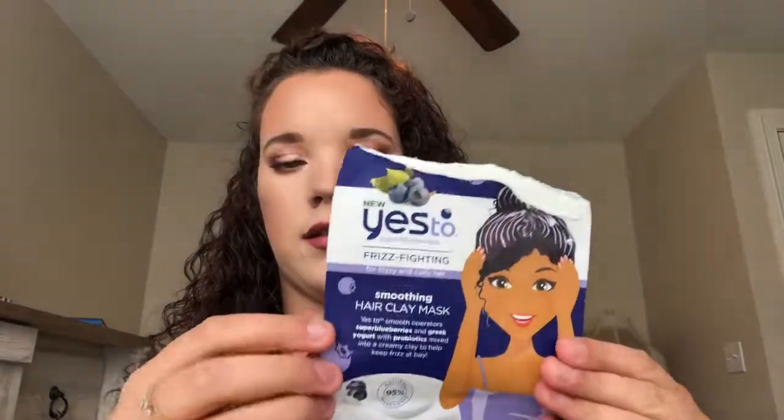Anyways, okay, next we have the Yes to Super Blueberries Frizz Fighting for Frizzy and Curly Hair Smoothing Hair Clay Mask. So this is just a hair mask. You put it on your hair before or after shampooing, leave it on for 3 to 5 minutes, and then you rinse it out. I would not repurchase this only because this is supposed to be like a clay, it says it's a clay mask, and this is